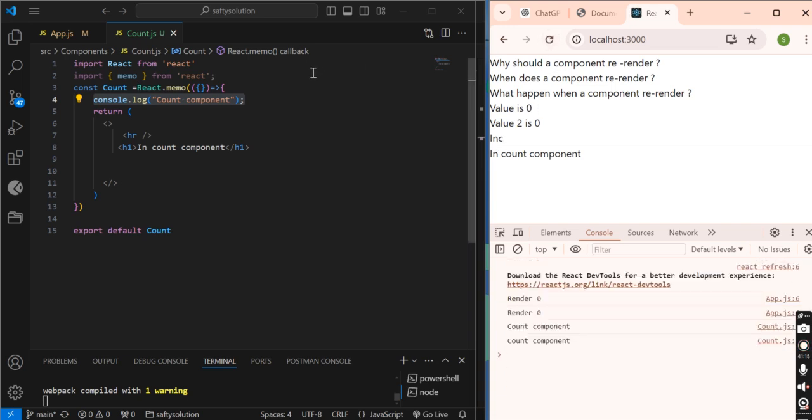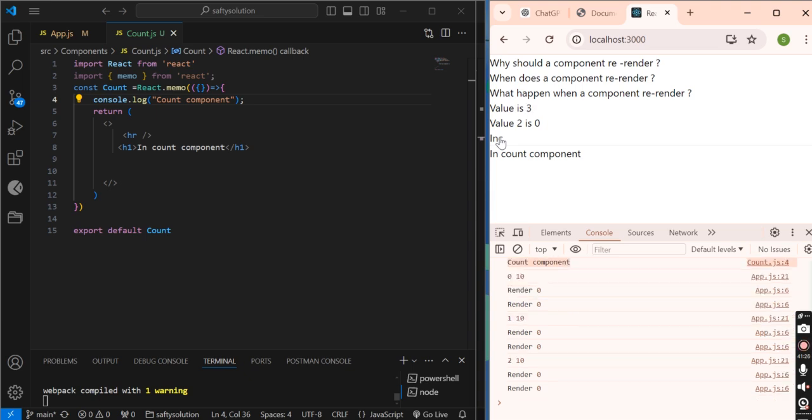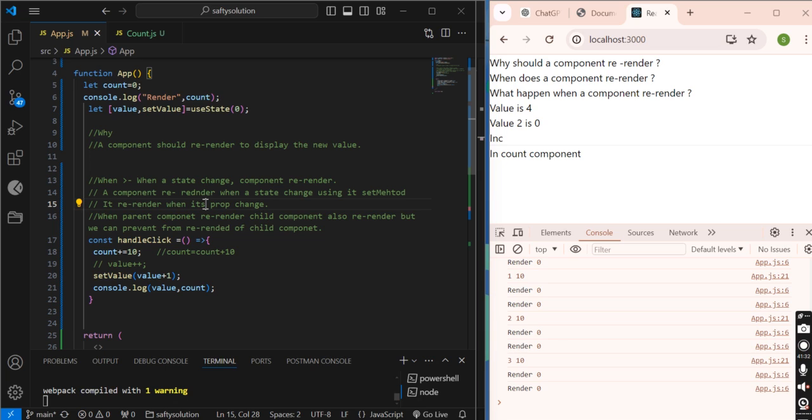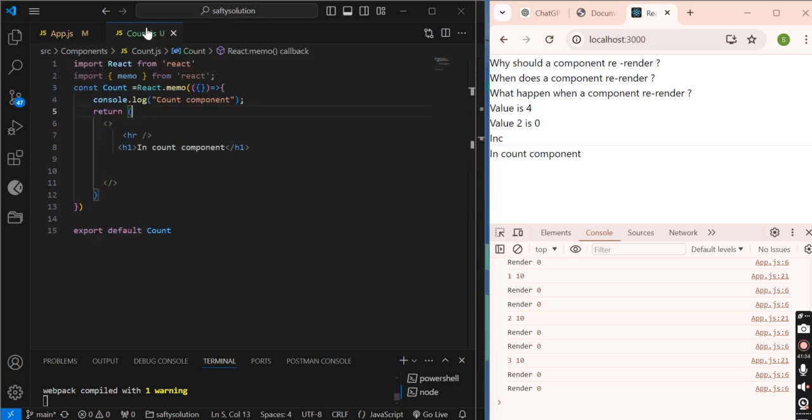As you can see, in the initial time it's printed. This method calls, but whenever I am increasing this count, the child component is not re-rendering. The parent component is re-rendering, no doubt, but the child component is not.